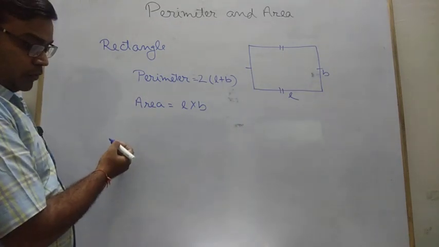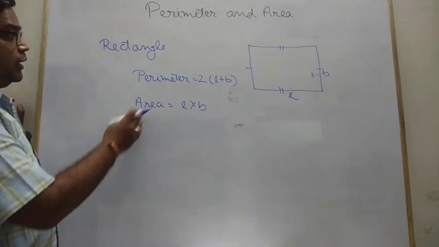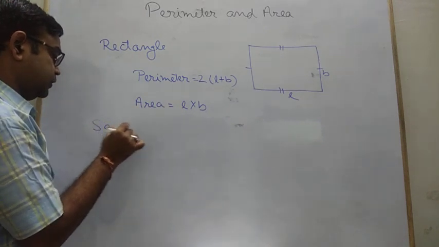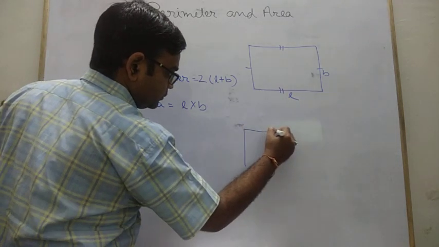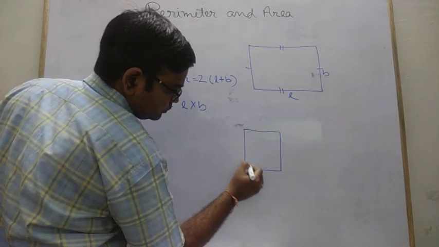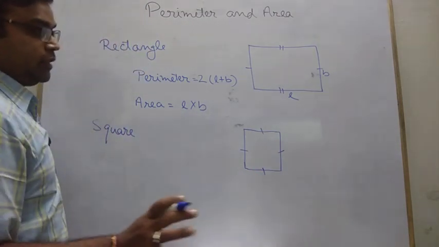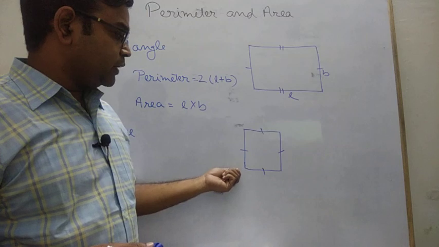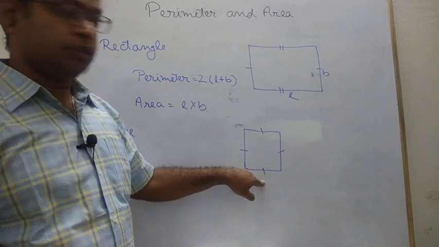Sometimes in case of a square, this is about the rectangle, with the same figure we have a square, but there is a unique property in case of a square. In a square we have all sides equal. I think it looks like a square, I said, because I don't have measurement, I use my free hand, so sometimes there will be small or greater ones. But if I put these signs, it means all sides are equal to each other.